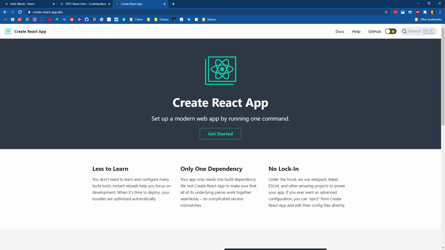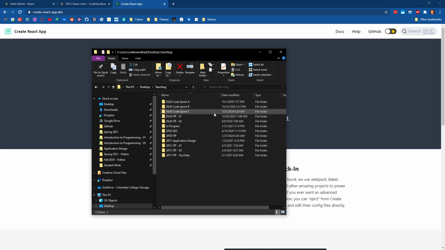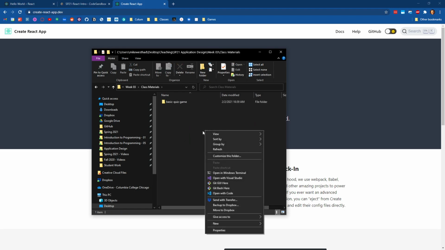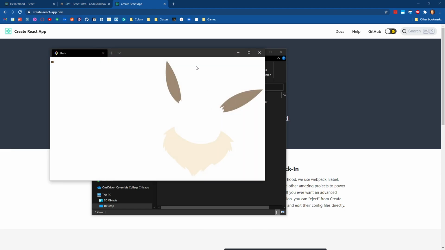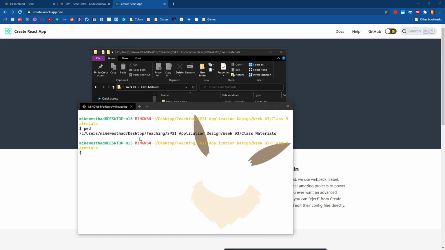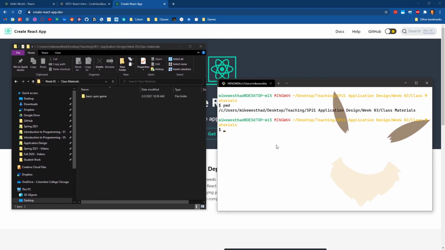So what I'm going to do is open up my teaching folder where I've been keeping all of these together. Application design, week 3. And I'm going to open up my terminal here. I just want to make sure that my directory where I'm currently located, let me print that out here, is in my week 3 folder. So we're going to execute a command that's going to create a new project in here. So the command is npx create-react-app react-quiz-game